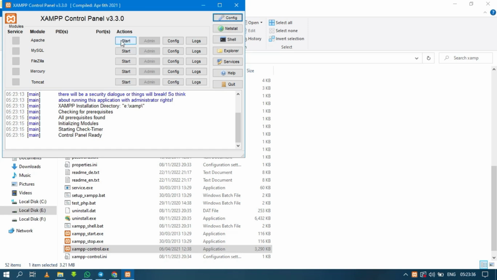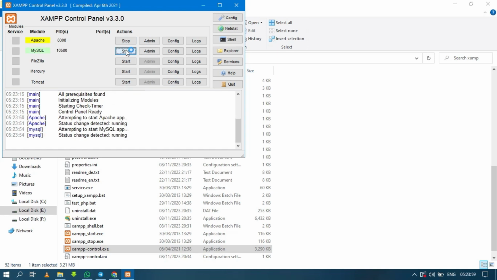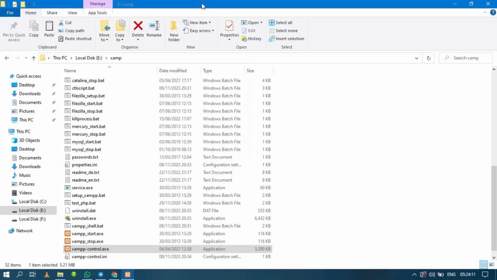So whenever you're working on localhost, the first thing you need to do is come to the XAMPP folder, scroll down, and you see XAMPP start, XAMPP stop, XAMPP Control. You click on XAMPP Control and start your Apache and MySQL until you are through with your work. Then you can come here and stop it. When it's running, you'll see stop. When it's not running, you'll see start. So just these two, Apache and MySQL. So when you have put it on,